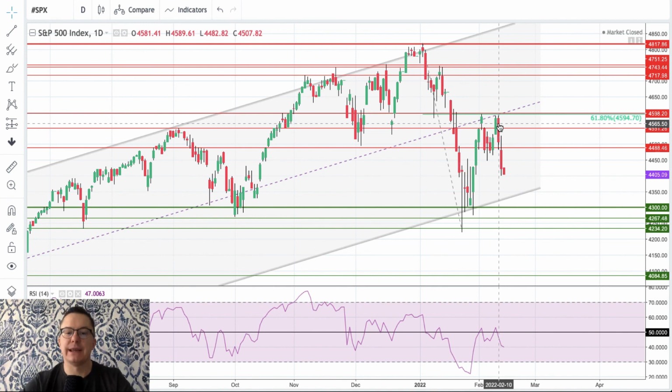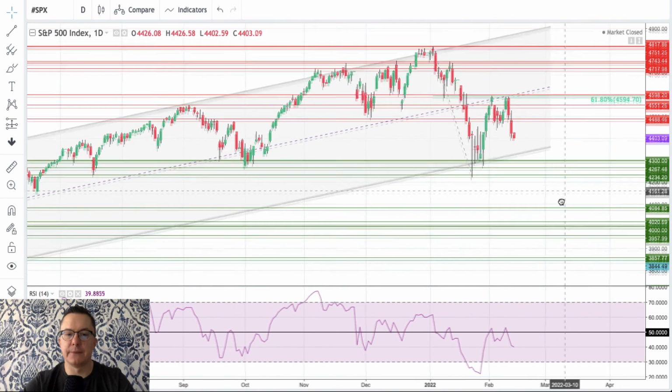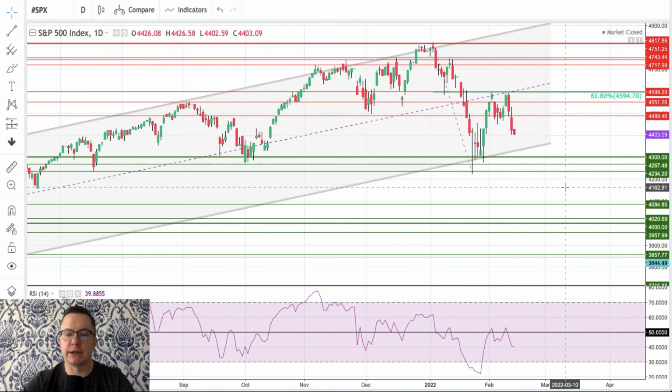This is very negative for the S&P 500, because it means we will likely go lower on the S&P 500, below the recent low from the end of January, below 4,234. So please keep an eye on the current market reaction on this level if we get there. But what we know for sure is that there is no rally without a breakout above 61% of the Fibonacci retracement.